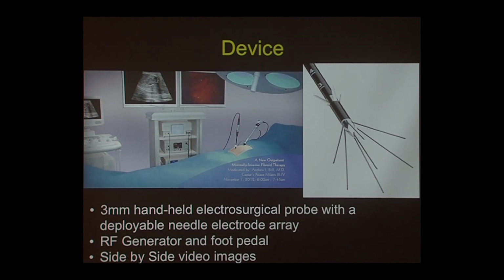It has connected to a radiofrequency generator and has a foot pedal to turn it on. And then there are 2 side-by-side video images. There are 2 ports that are placed. One is a laparoscopic camera to look at the fibroid from inside the abdominal cavity, and then the other is